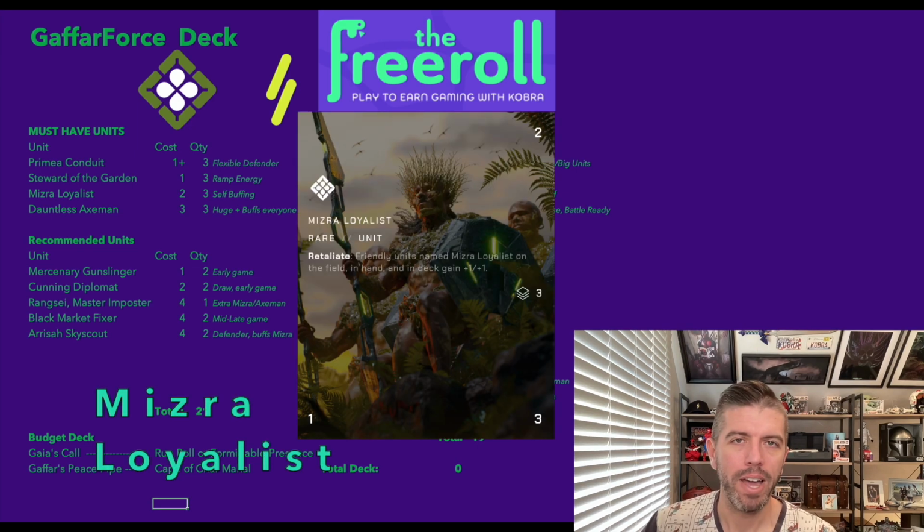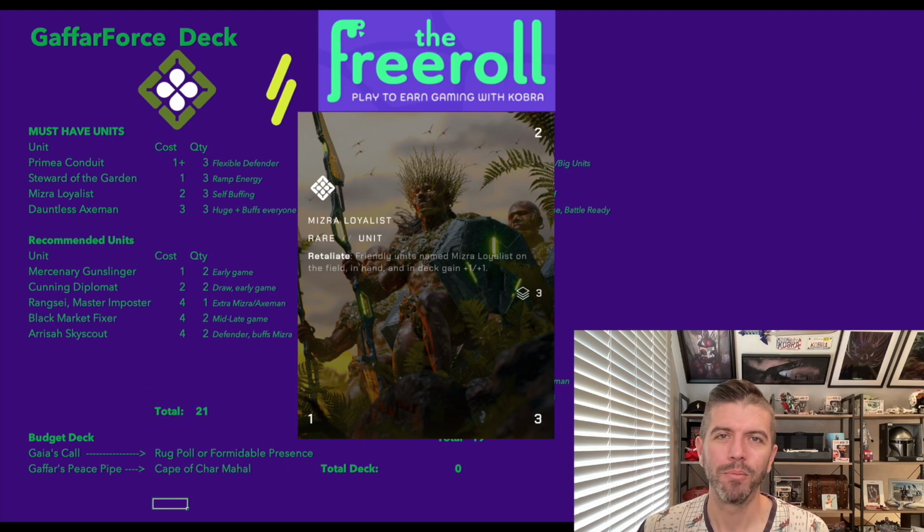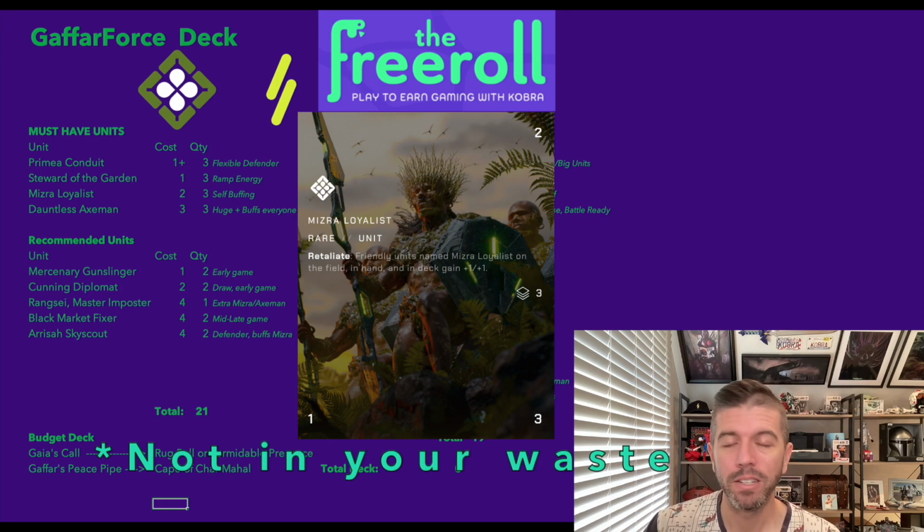And then the other absolute Earthen staple card is Mizra Loyalist. Mizra is arguably the most broken card in the entire game. It's a 2 energy, 1/3 unit, which doesn't sound like that big a deal, but it has this bonkers Retaliate ability. Retaliate means anytime that you take damage, this gets triggered. And its ability is that it gives itself +1/+1, but it also gives +1/+1 to all of the other Mizra Loyalists in your deck, regardless of whether they're in your hand, in your bank, in your waist, or in your